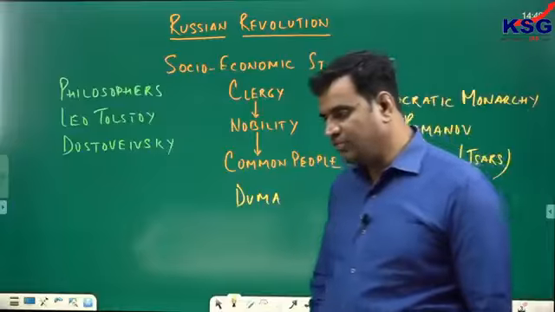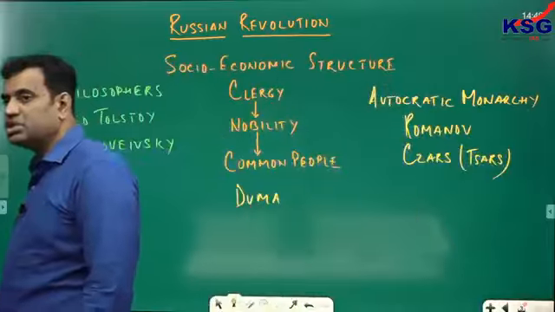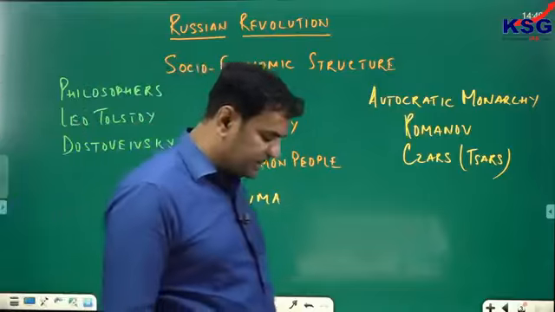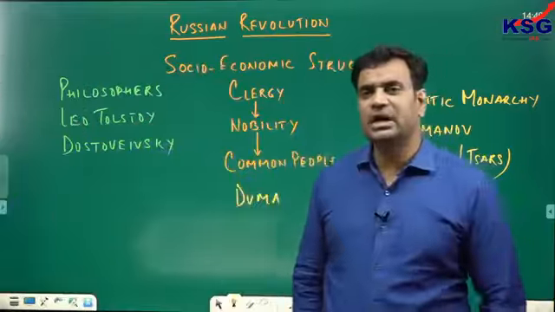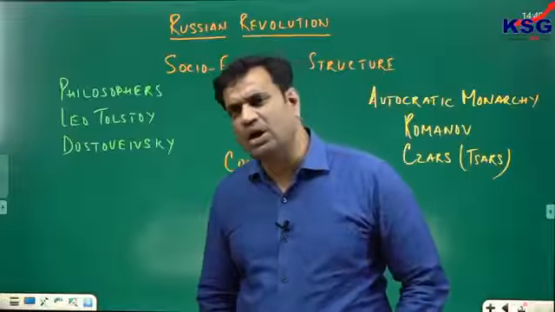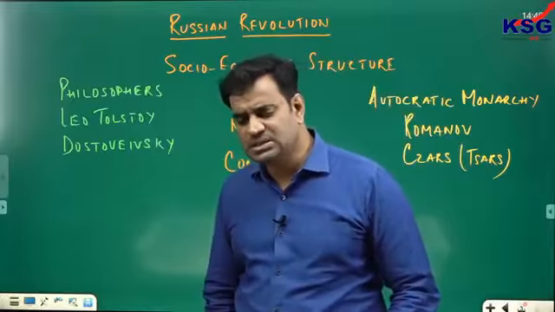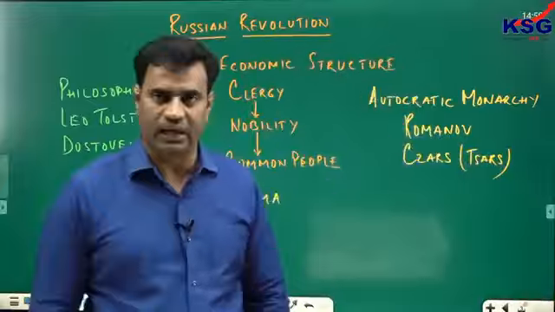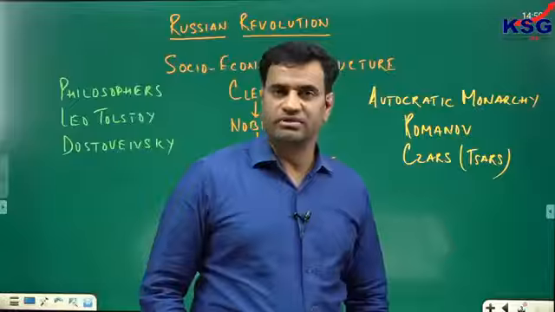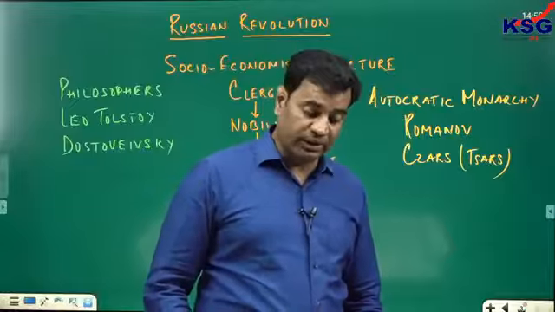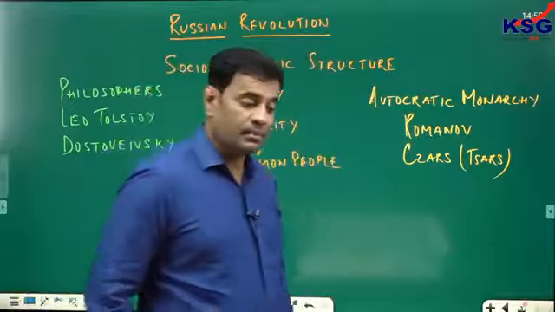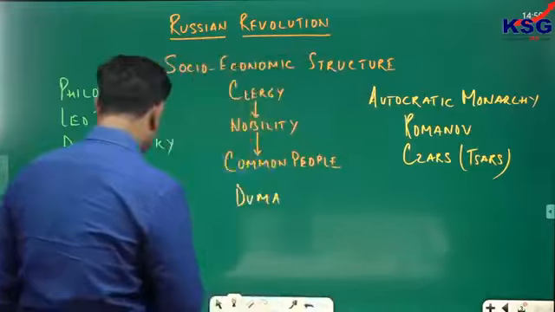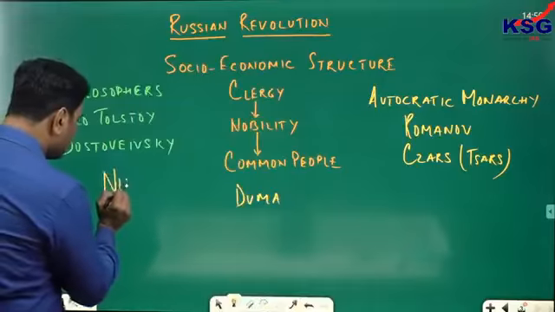This led to the establishment of the Russian Parliament or Duma in 1906, which was a revolutionary development. At the same time, a large number of